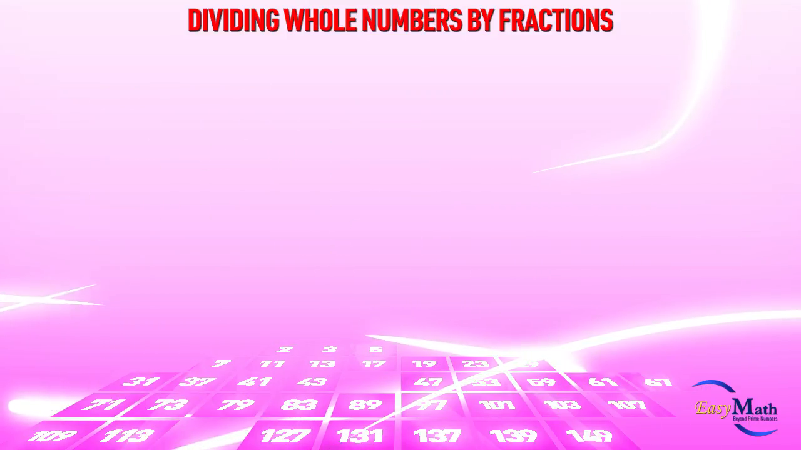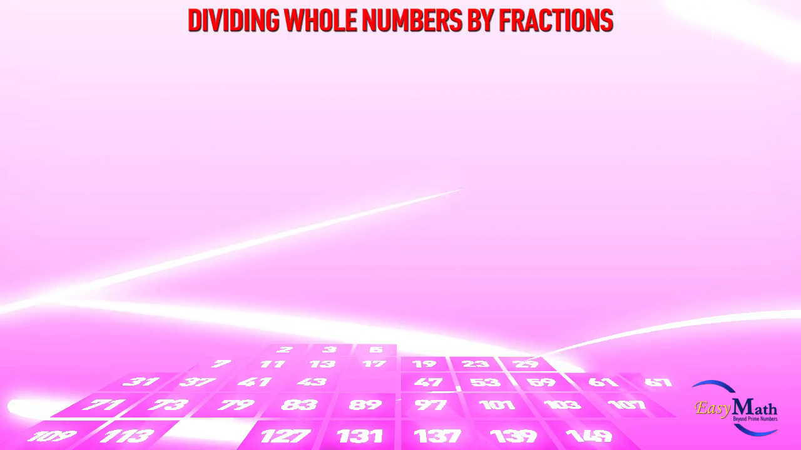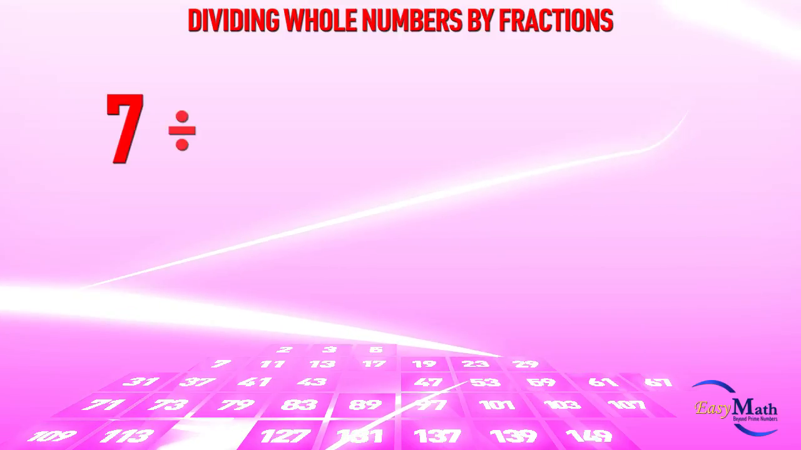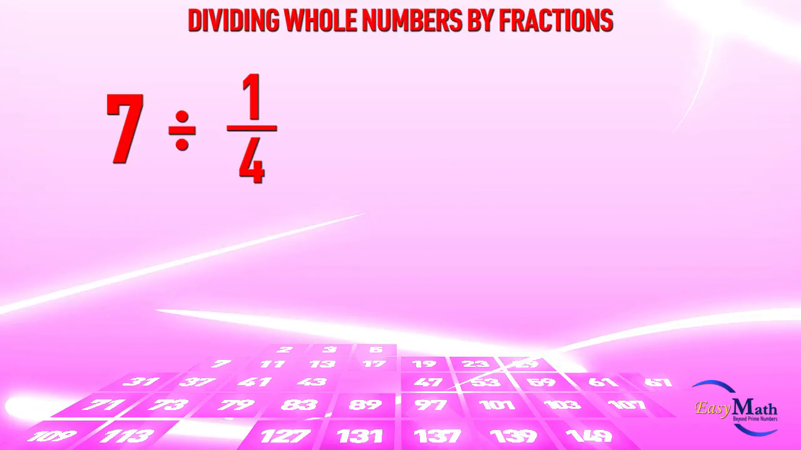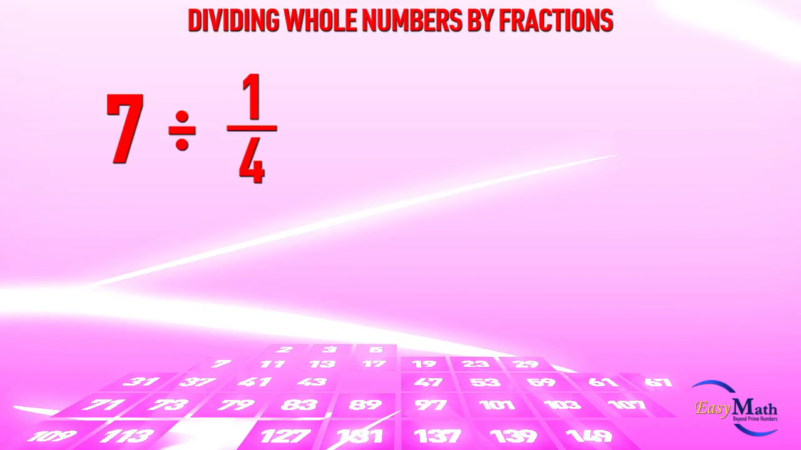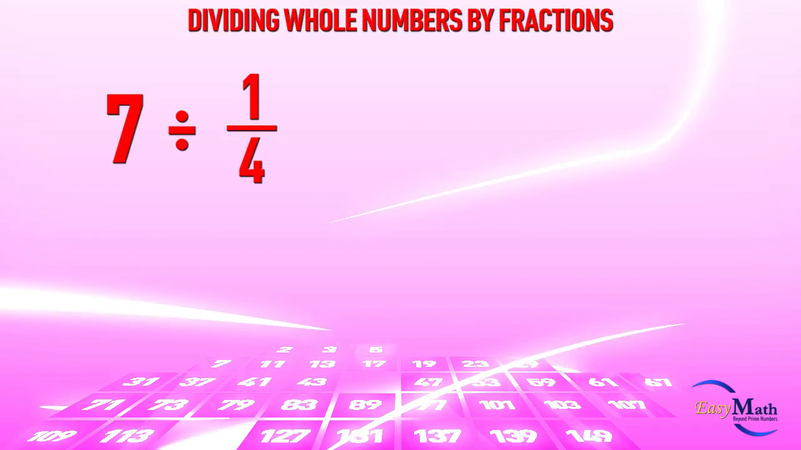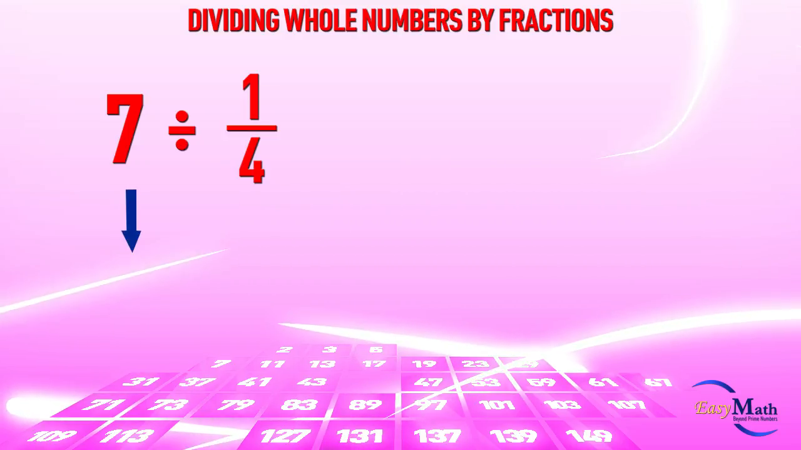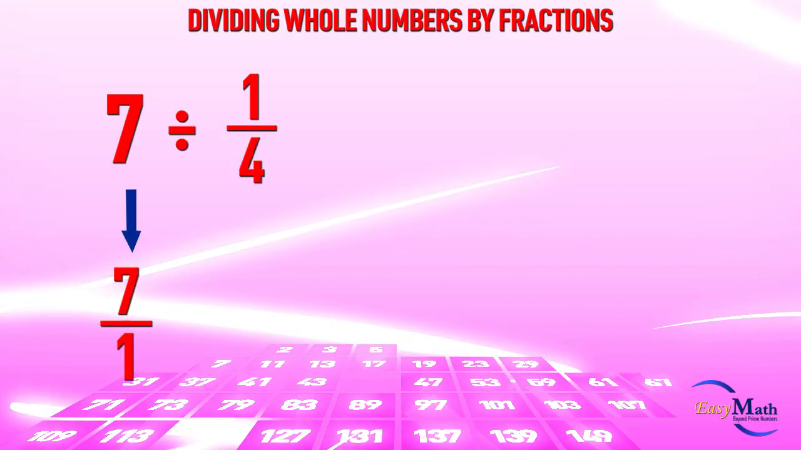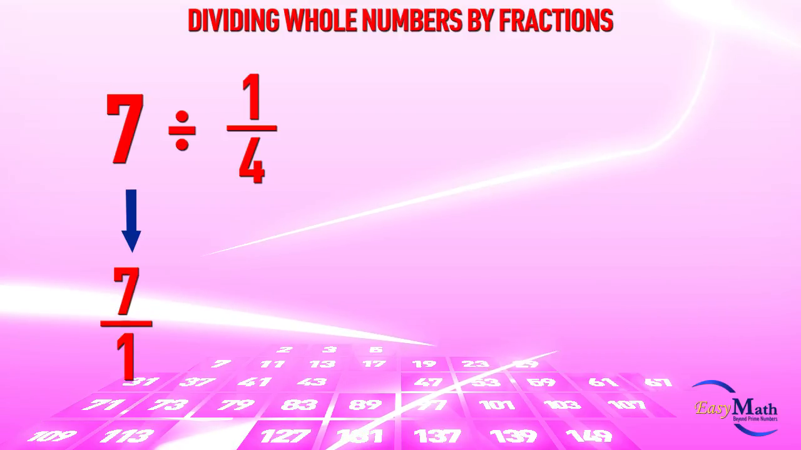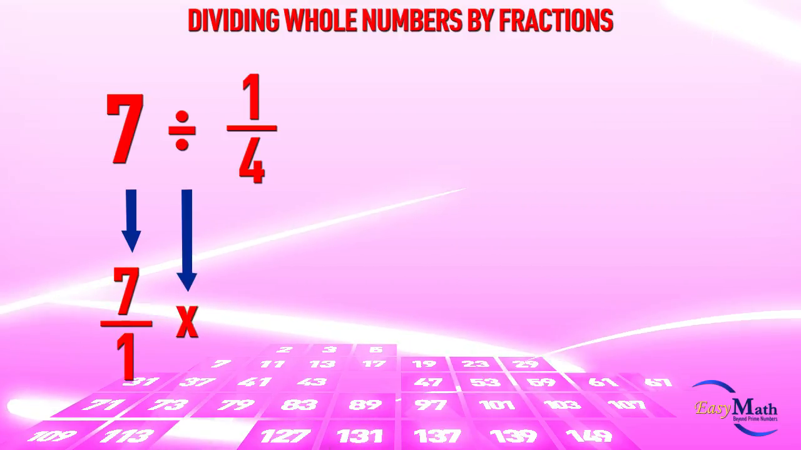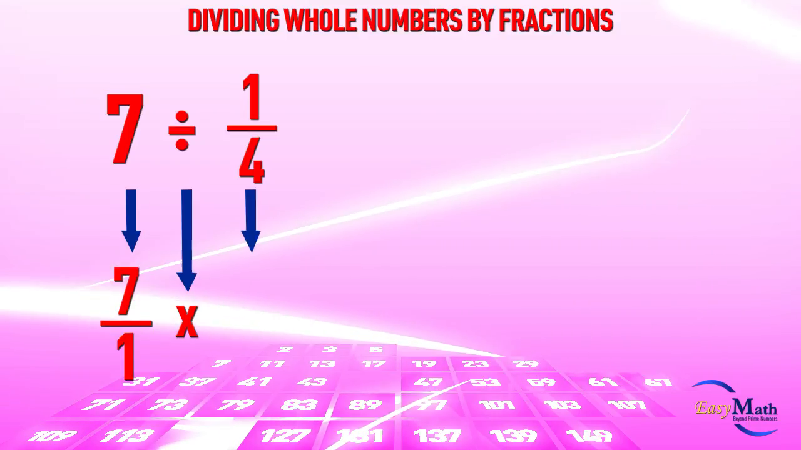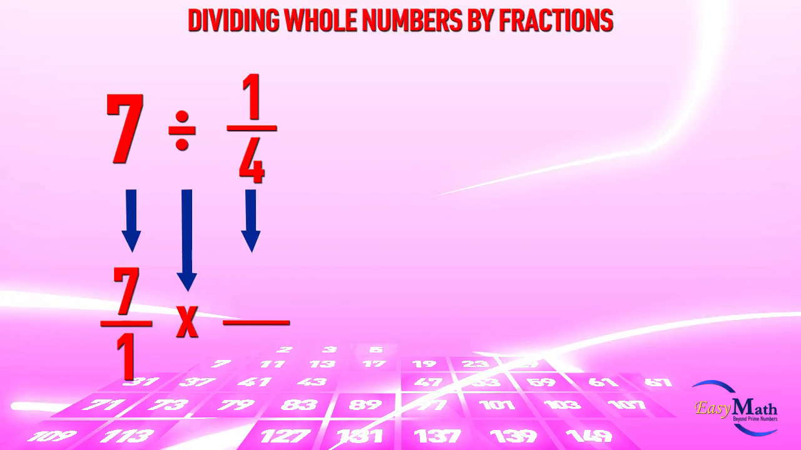Let's try another example. Let's say we have the number 7, and we want to divide 7 by 1/4. Well, it's very simple. Again, what we want to do first is turn that 7 into an improper fraction. So we're going to put 7 over 1. Then we're going to change that division symbol to a multiplication symbol, and then we're going to take the reciprocal of 1/4, which is actually